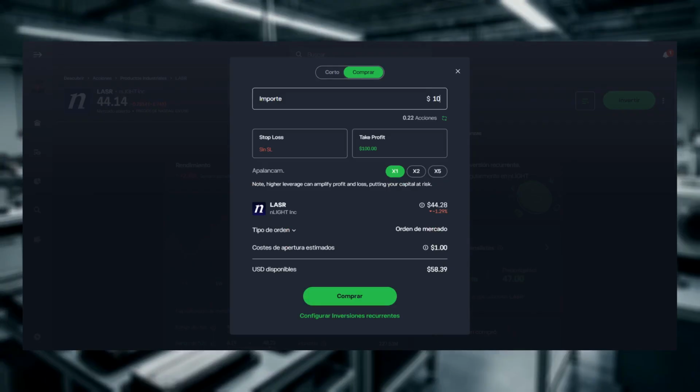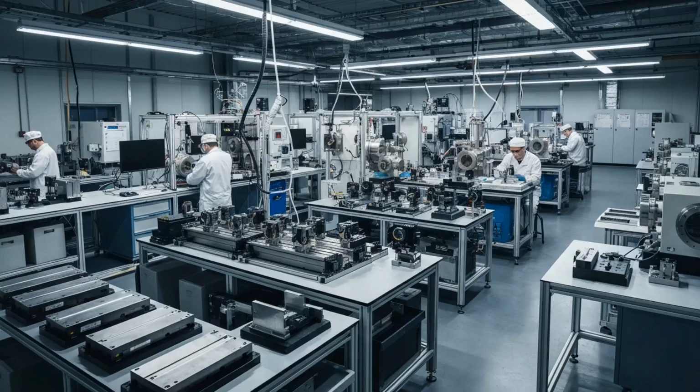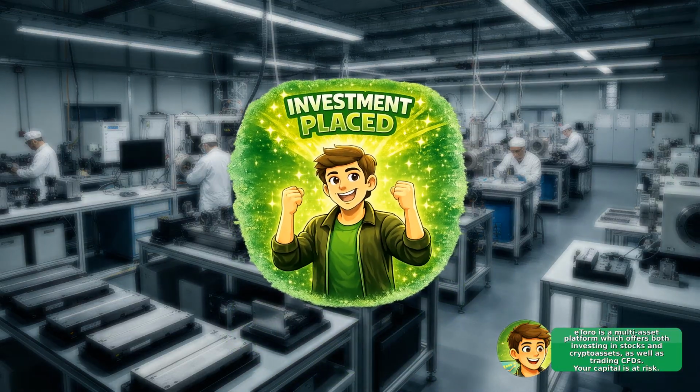If the market is closed, the order will execute when it reopens. And if your balance is insufficient, eToro will prompt you to add funds before confirming. Once the trade is executed, your position will appear in your